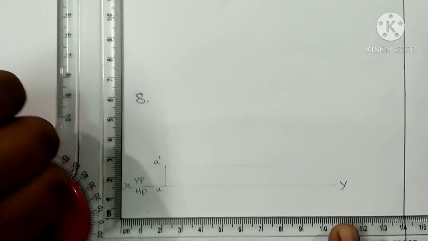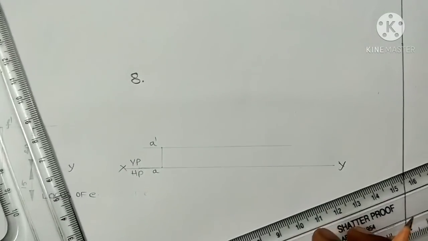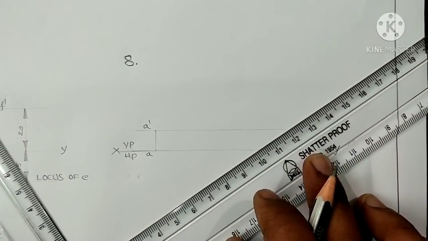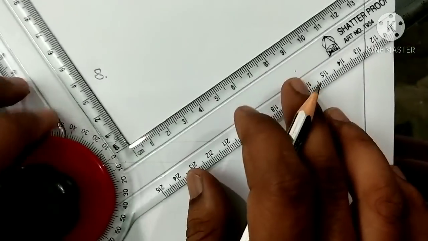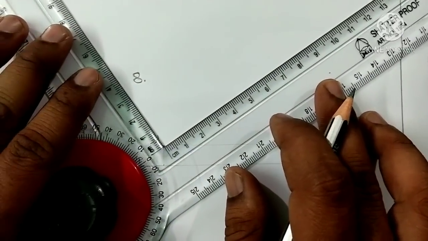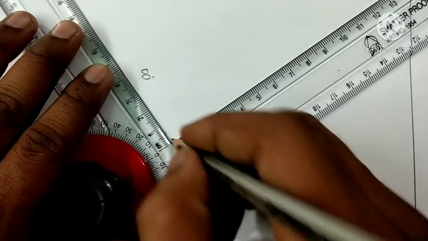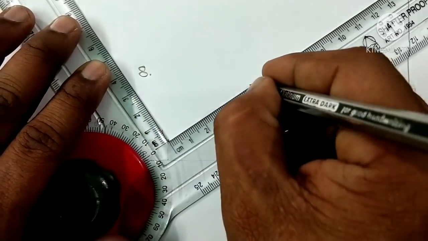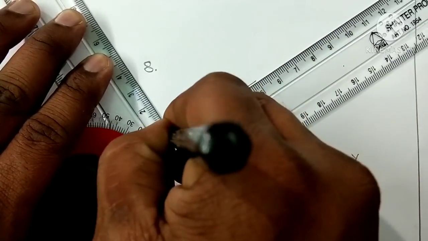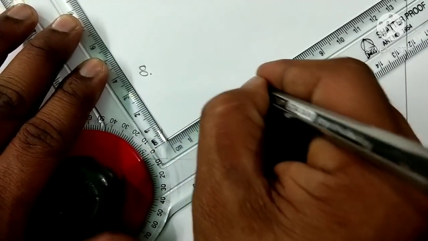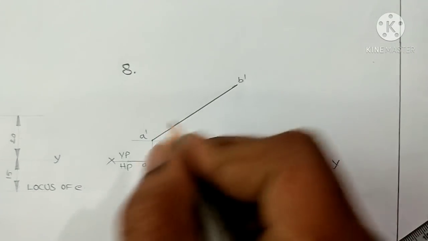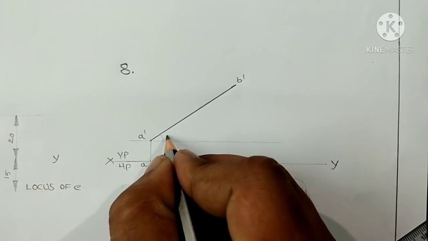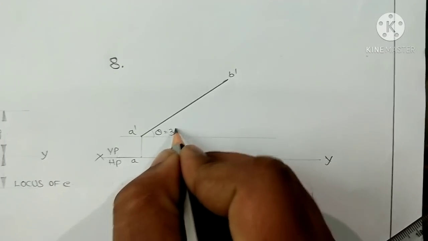After that, here we should construct a 35 degrees inclined line. For that purpose, we should use the protractor carefully. So here I can construct the true length of the line with 35 degrees inclination. True length of the line, that is 50 mm. So here I can construct the 50 mm line with an HB pencil. If it is A dash, this one becomes B dash. So this is the inclination with HP, that is denoted by theta, that is equal to 35 degrees.